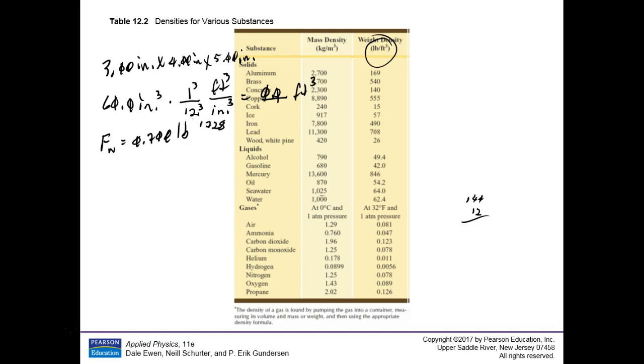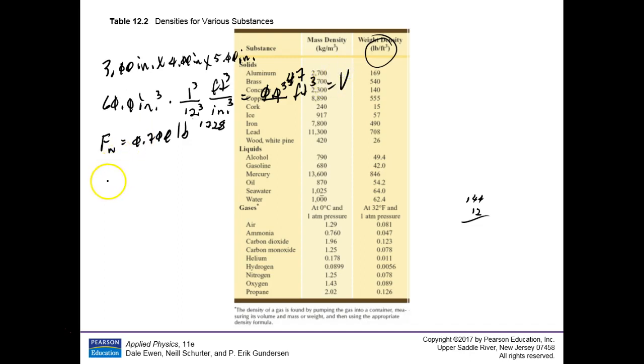60 divided by 1728. Better come up with a pretty small number. 0.03. Okay, a little bit louder. 0.0 what? 35. Need one more digit at least. 347. Okay, we'll live with that one. You need at least 3 digits. You could do more if you wanted to. All right, so that's your volume,